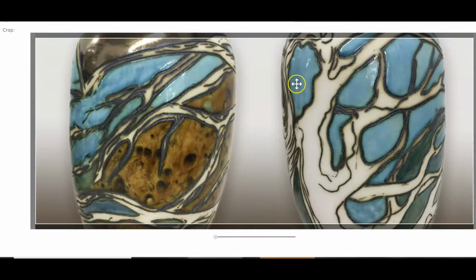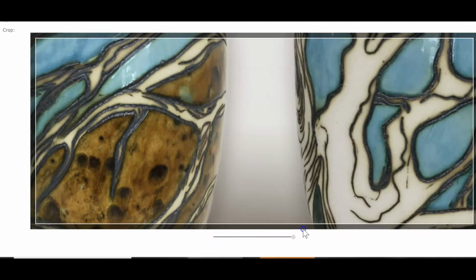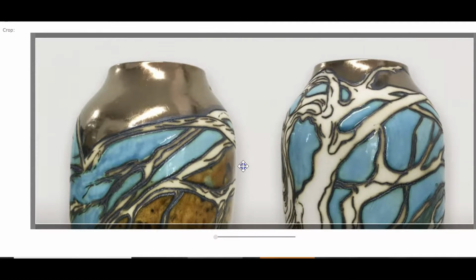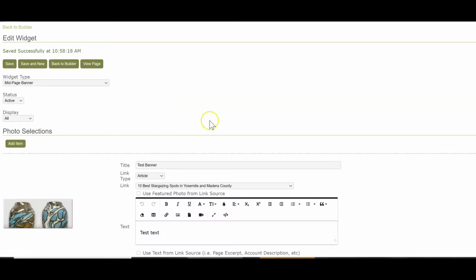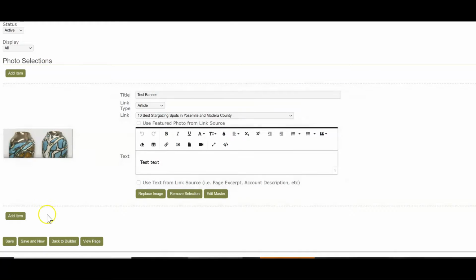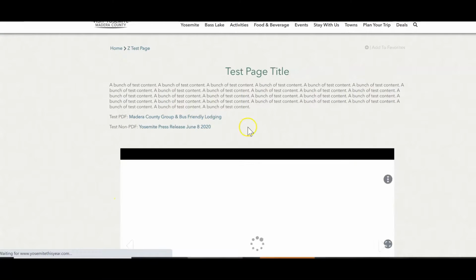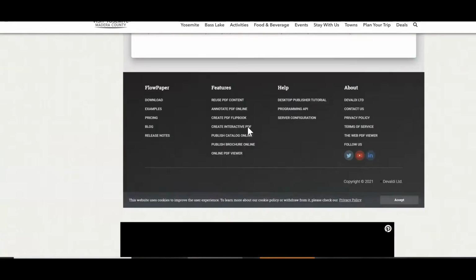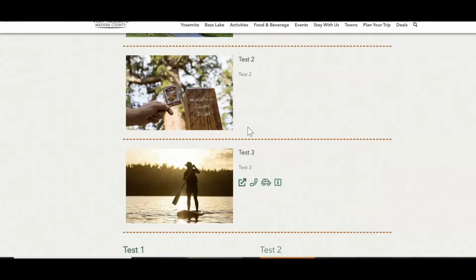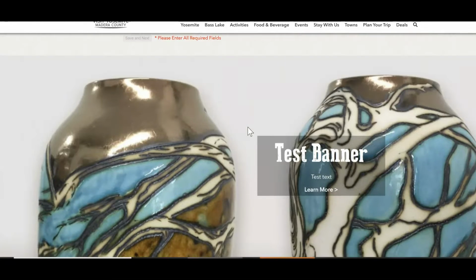We'll press crop image and it brings up our handy dandy cropper. This wasn't a great picture to choose for this size, but you'll see that you can scroll up or down or however you want to have it displayed. And then we will press save. And now we see we have this image here. Now, if we go to view page, we can scroll all the way down to the bottom because that's where new widgets appear. And we can see that we have a lot of widgets in here,